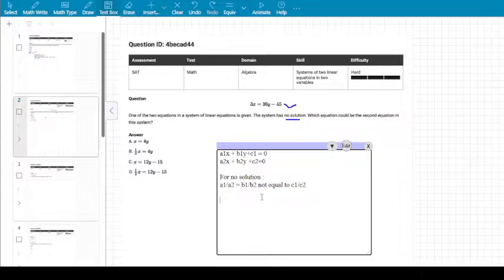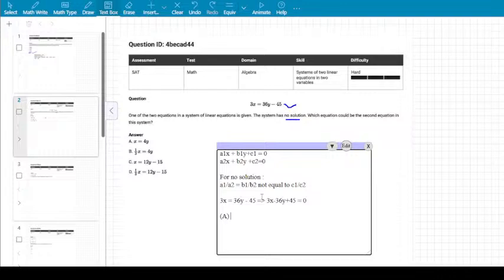So for option A, let me write that down. The values of a1, b1 and c1 as per the original equation. So we are given 3x equal to 36y minus 45. I'm taking all of the terms to the left hand side. So 3x minus 36y plus 45 equal to 0. Okay. Now for option A,